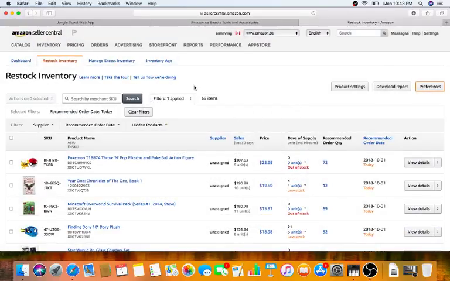Okay. So this is the dashboard for your inventory. It's got your dashboard, it's got your restock inventory, manage excess inventory, inventory age is great. It's going to show you how old your products are. And from there, you can make a conscious decision like that's been sitting in inventory for 365 days and you